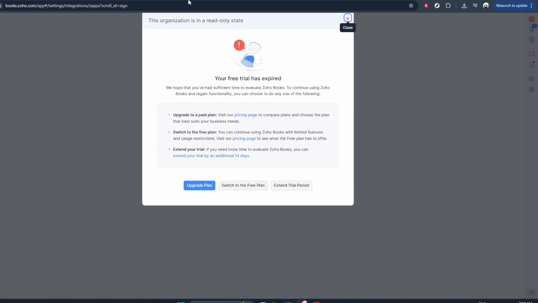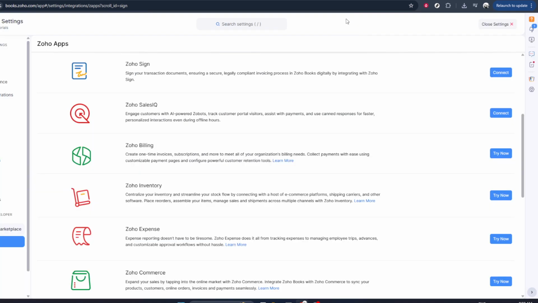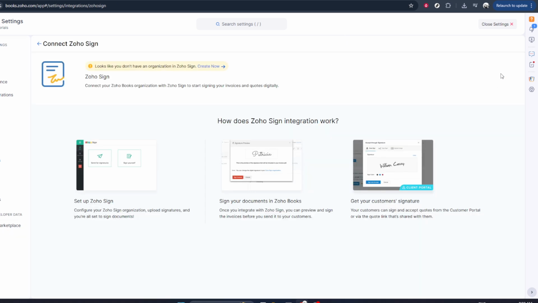After you click Activate, simply follow the on-screen prompts. These may include granting permission for Zoho Books to access Zoho Sign, confirming the organization, and accepting any terms of use. Take your time, read through each message, and confirm where needed. Once you've completed these prompts, the integration will be active, and you'll be ready to start sending